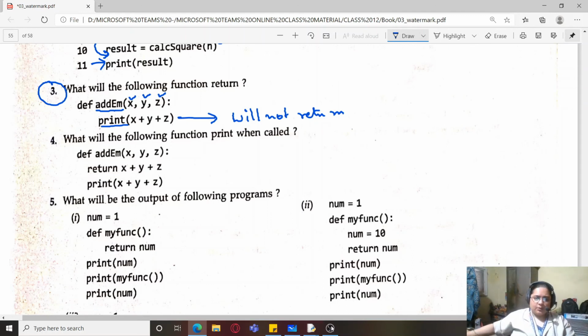I hope you all understood today's class. We have discussed three programming questions and three HOTS questions from the functions chapter. So please practice other questions also along with this. This won't take much time, hardly 1 hour or 45 minutes to solve. If you solve these questions daily and take out at least 45 minutes daily, then you will be able to crack the questions in the exam very well. So thank you very much. That's all in today's class.